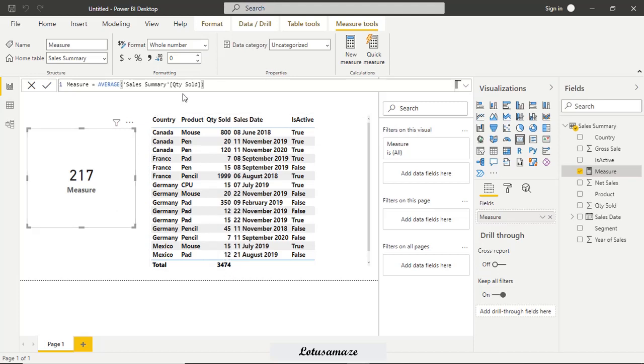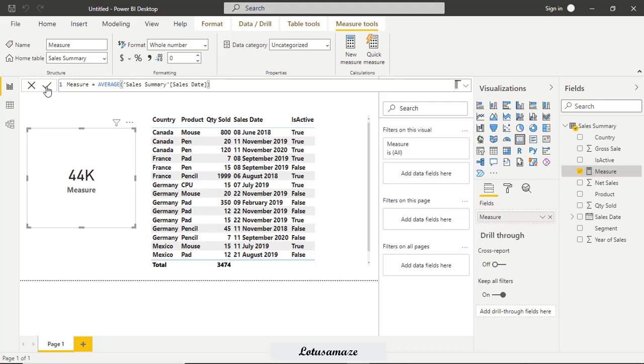Now, if we try the date type, then it's 44K. What does that mean? First of all, it converts the date into numbers, then sums up all the values and divides by the total number of rows.